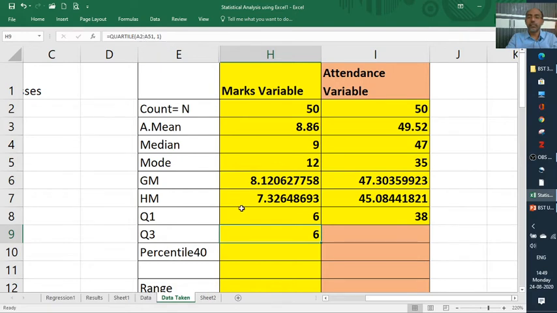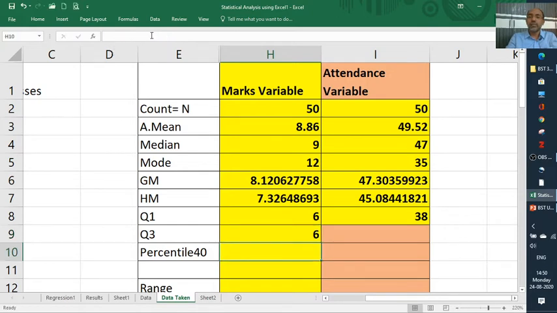I'll show one technique also right now. You put the dollar mark before the 2, so that if you copy and paste, the same range is copied and the formula won't change, whereas in this way, the 51.